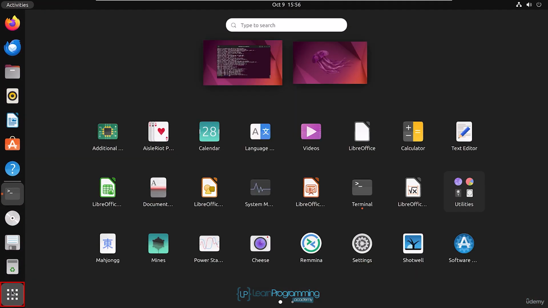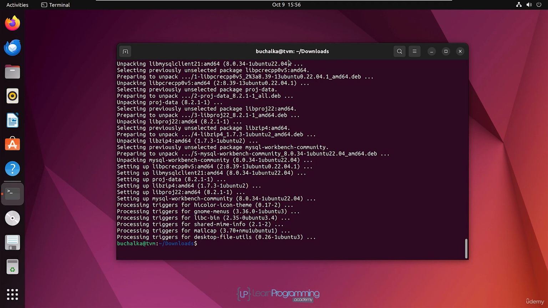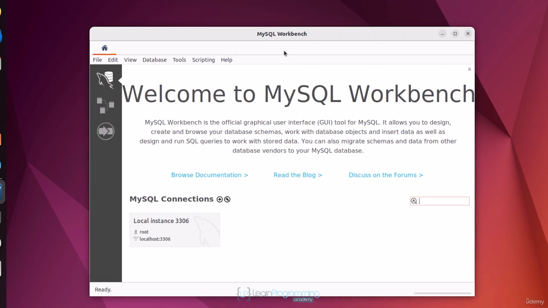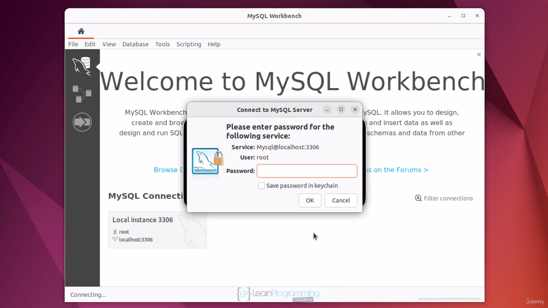You'll find MySQL Workbench in your usual launcher or via the application menus if that's what your distro provides. Rather than hunt for it, I'll start typing MySQL, then click the icon when it appears. I want to start by clicking on this local instance, so click on that. I'll enter the root MySQL password that I defined earlier in this video, and I'm going to choose not to save it. You could choose to save the password if you like, but for security reasons I prefer not to do that. Click on OK,